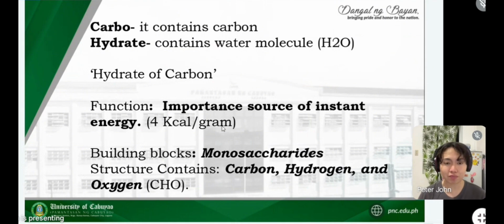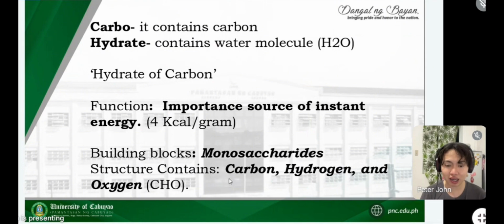But, in order to form that macromolecule, or pag sinabi natin macro, large molecule, meron din siyang pinanggalingan or tinatawag nating building blocks. O kanina, it's almost similar with the concept of monomer and polymer. So, ibig sabihin yung polymer natin, si carbohydrates, and the monomer is the monosaccharides. So, ito nga siya. Monosaccharides, ito po yung pag pinagsama-sama natin siya. As a general, we can form a carbohydrate.